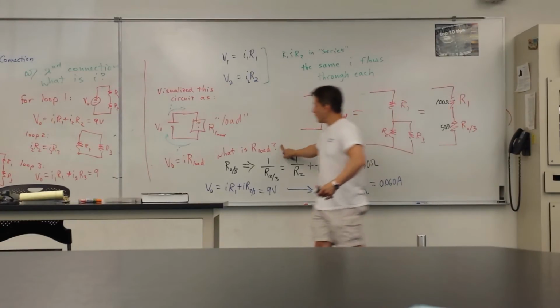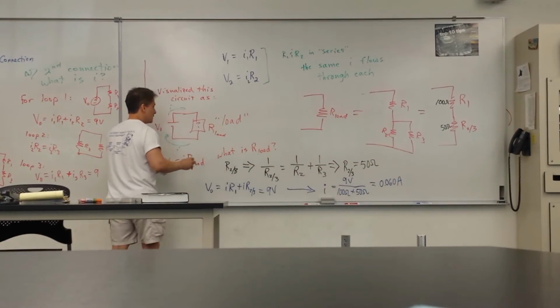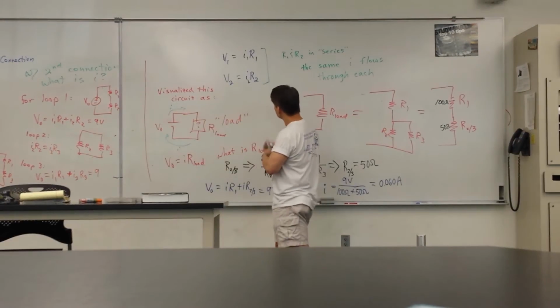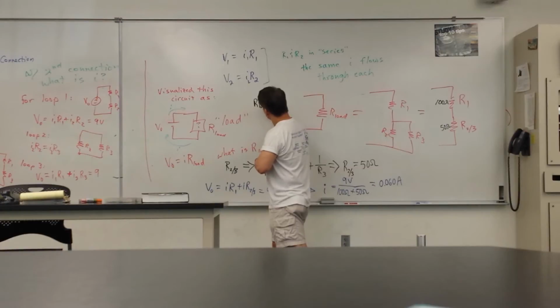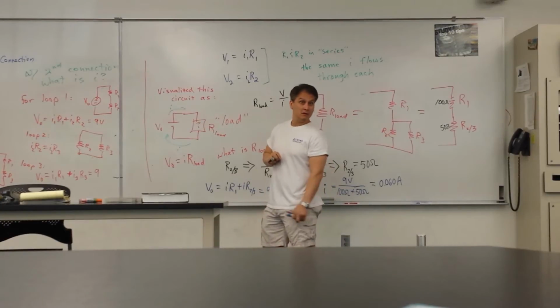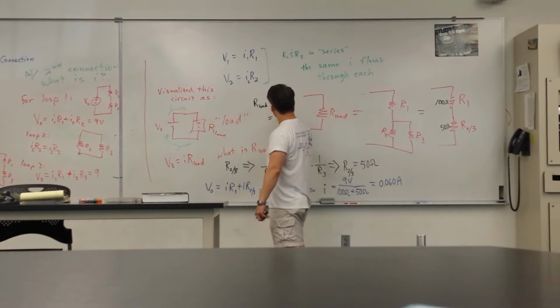So my R load then is basically the ratio of voltage to current, or 9 volts divided by